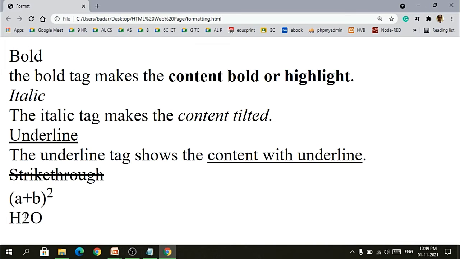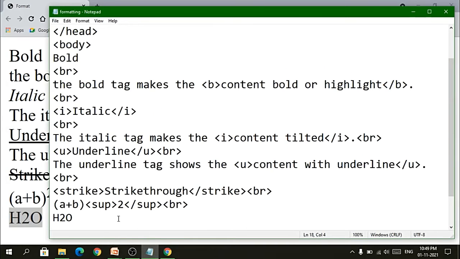So H2O is the chemical equation, but here you can see it is not coming below the line, it is coming exactly on the same line. So if I want to specify it a little bit below the content line, for that I would be using subscript, or the sub tag. So sub, and after 2 I will close it, sub.